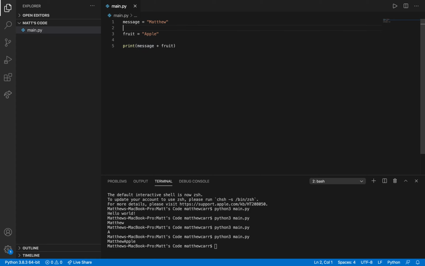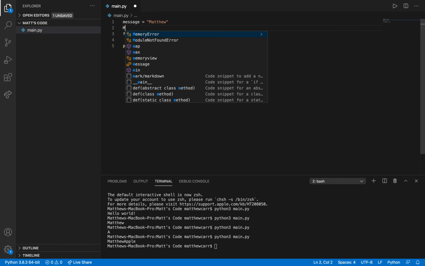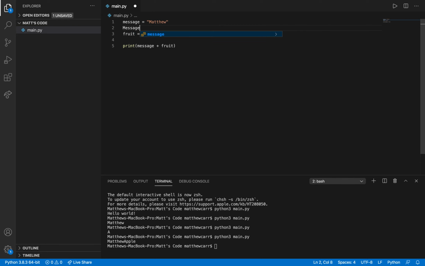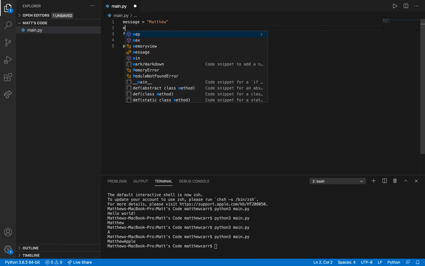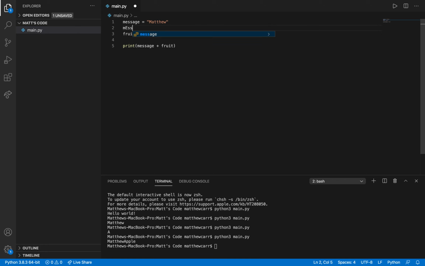They can be capital or lowercase, but mind you, they're case sensitive. So message, like up there, is not the same as capital M message, or even the same as M capital E message. And it's one word, not a space. So this will give you an error. So yeah, those are things to look out for.